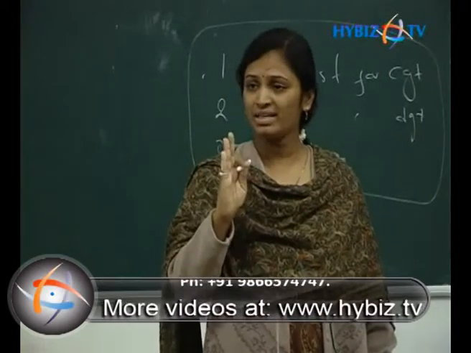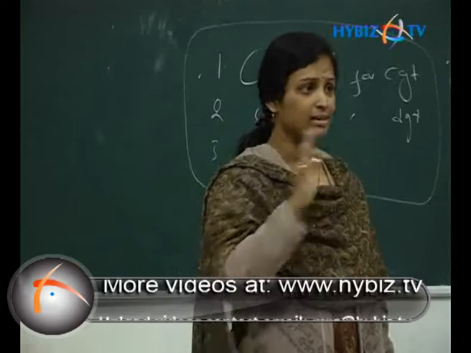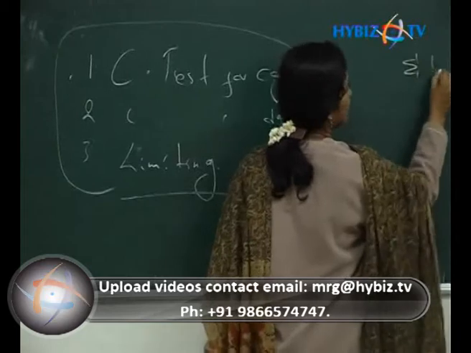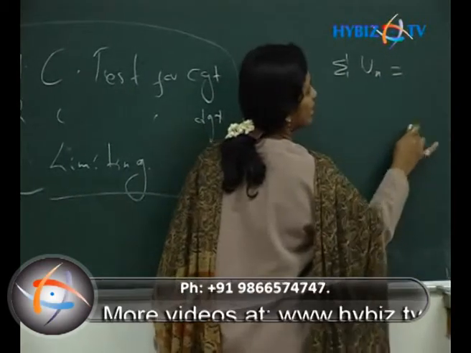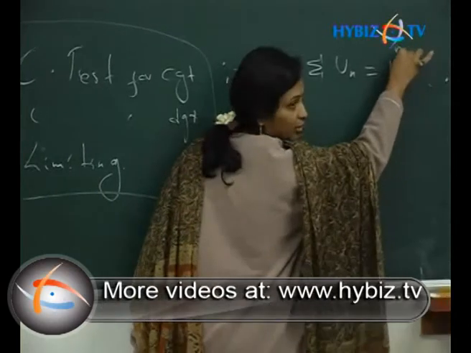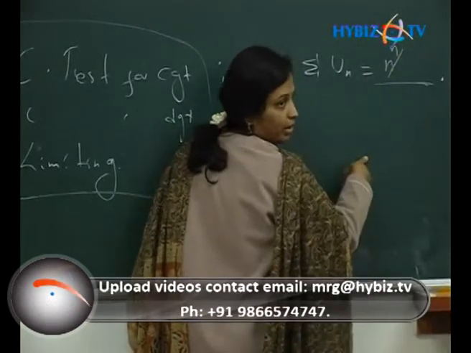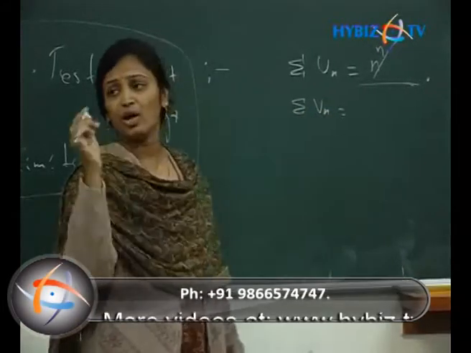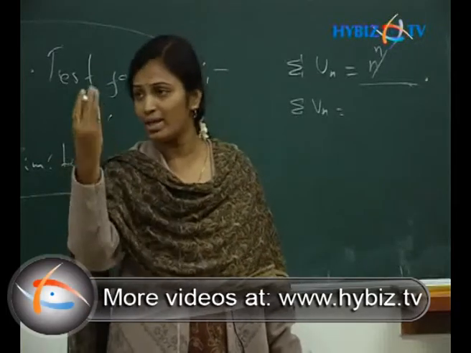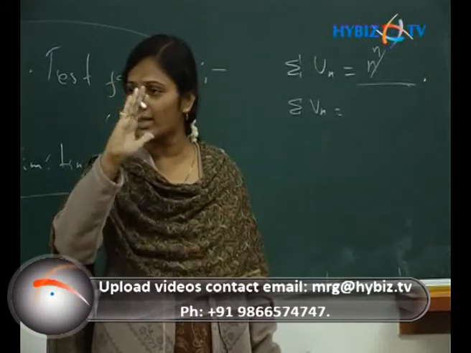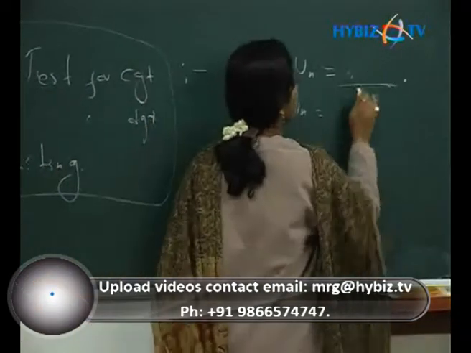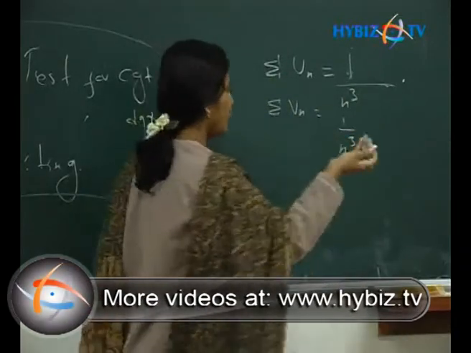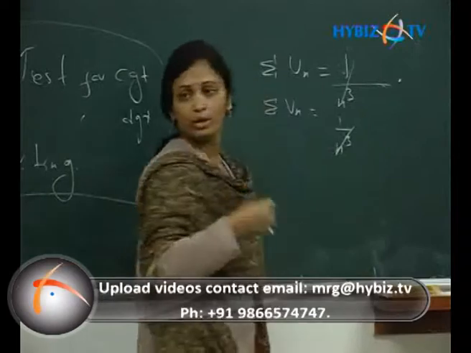In the comparison test, that is the first and foremost method in this sequence and series. But here, when you take sigma un, you take the highest common factor of the nth term and cancel it, by assuming the Vn form. Here we are not confirming the result. Only the highest common factor, whatever you are getting. Suppose you are getting n cube in the denominator, so that only you take, n cube. So obviously you get these two terms and cancel them.